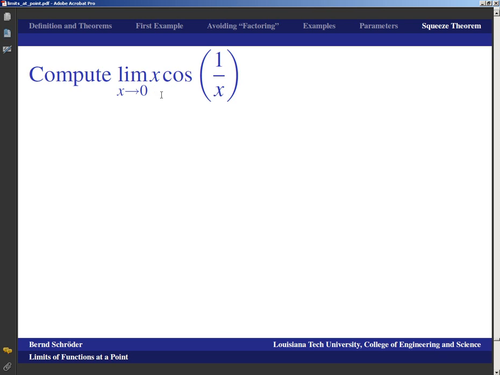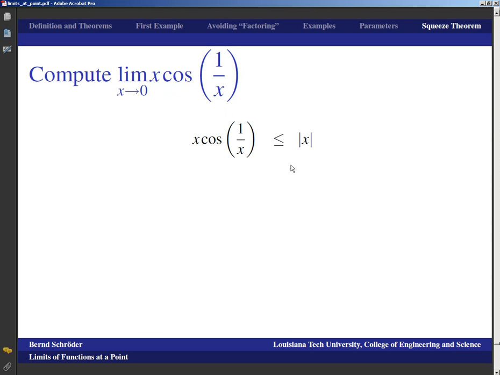Pretend the cosine isn't there. If this was x times 1 over x, well, x times 1 over x is 1, and the limit would be 1. Okay, that's not the problem here. We're interested in the limit of x times cosine 1 over x. That was just a reminder. We have to be careful. Well, we can simplify, we can cancel, but what we do know is that x times cosine 1 over x